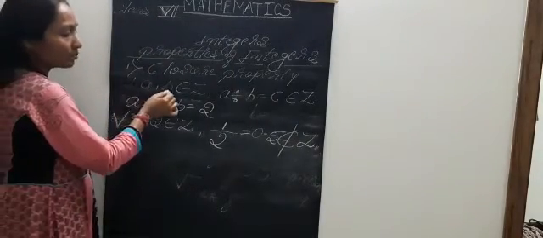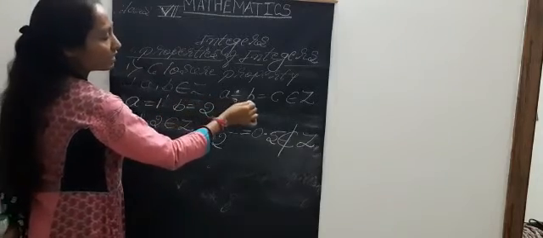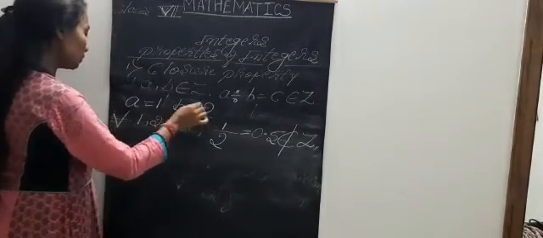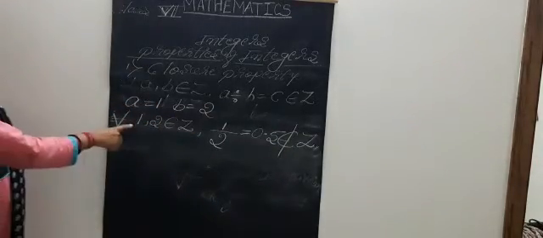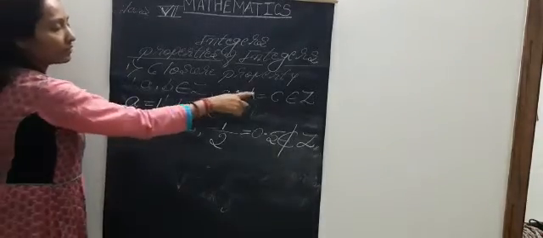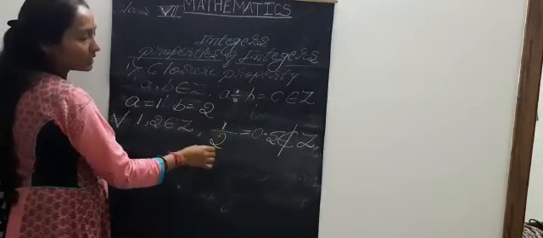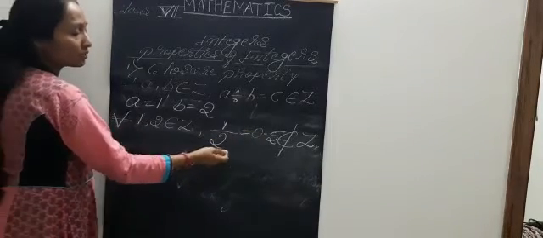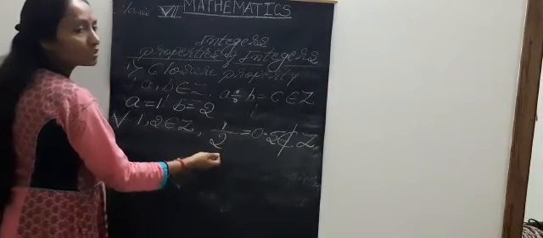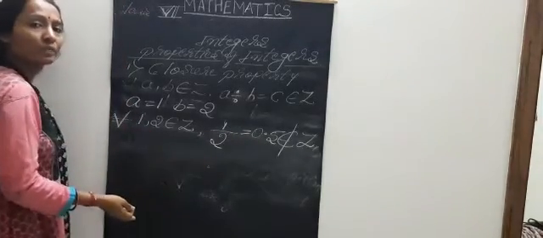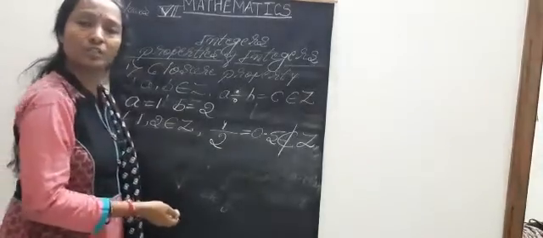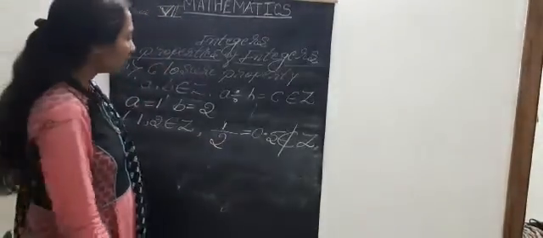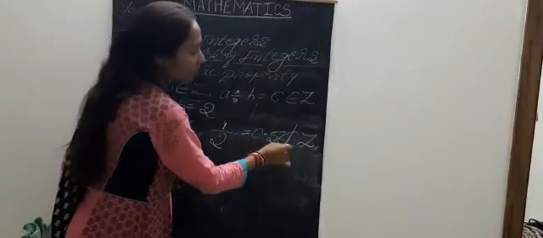Once again I will repeat. For any a comma b belongs to Z, a divided by b is equal to c belongs to Z. Let us take a is equal to 1, b is equal to 2. For any 1 comma 2 belongs to Z, a divided by b is nothing but 1 divided by 2, which is equal to 0.5. You can write the answer as 1 by 2 as it is, otherwise you can write it in decimal form. But 1 by 2 does not belong to integers. There is no fraction form in the integers. Integers are a collection of positive numbers, negative numbers and 0. And there are no decimal values in the integers. That is why the division operation does not satisfy closure.